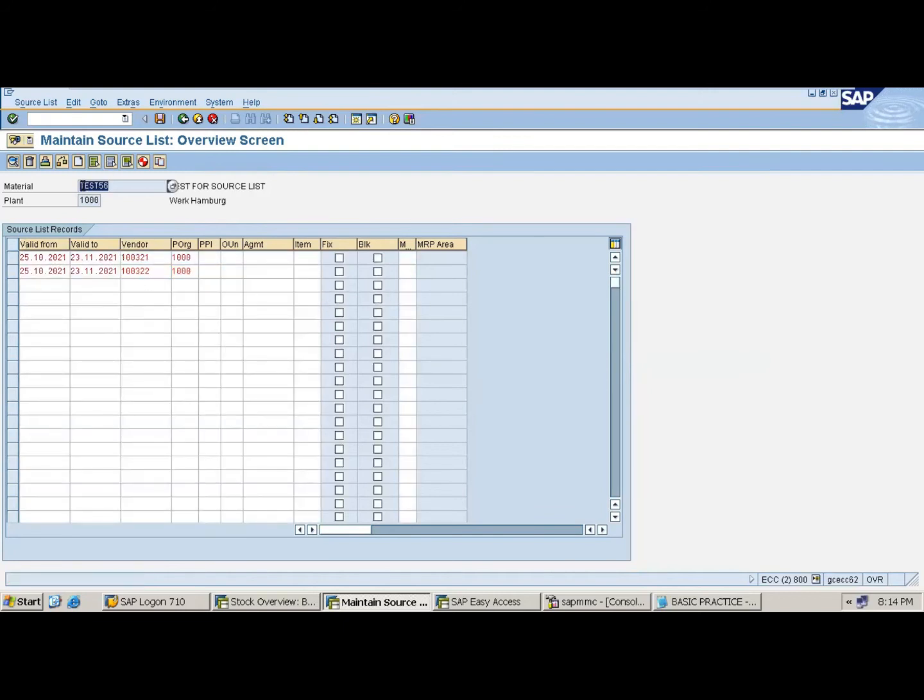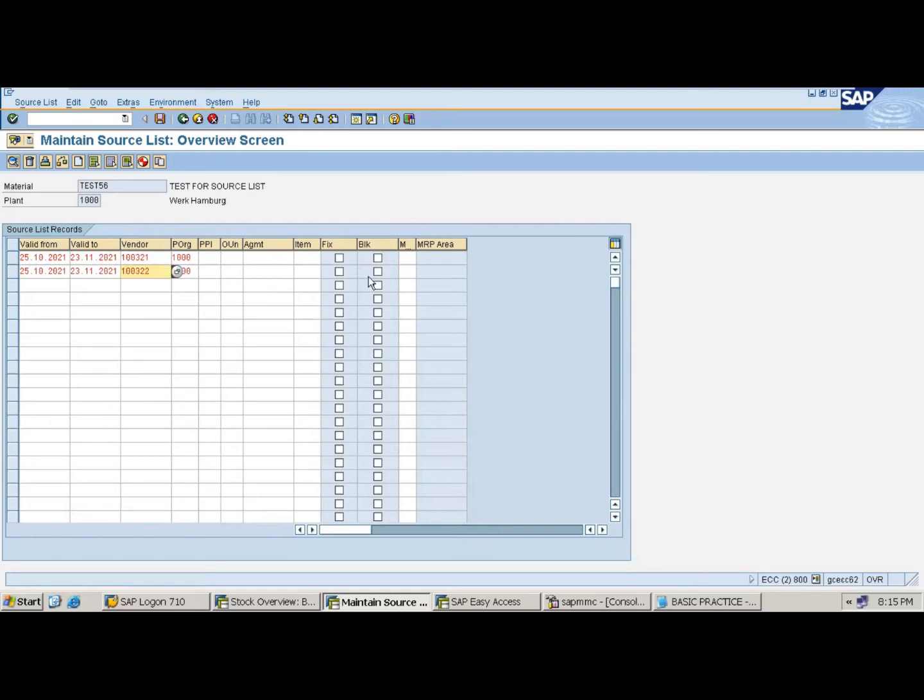Now this material I don't want to buy from this vendor. You're getting my point? I don't want to buy this material from this vendor. In real time, we get so many vendors, not only two. What's the reason? It may be that the quality of the material supplied is not up to the mark. Second, it may be the price is high. Third, dimension accuracy and all is not proper. So that's the reason I'm going to block this vendor for this material.